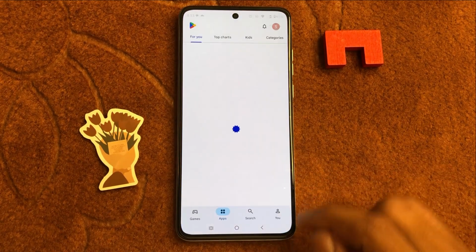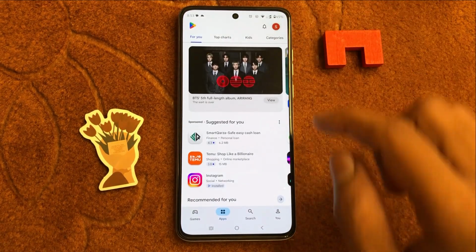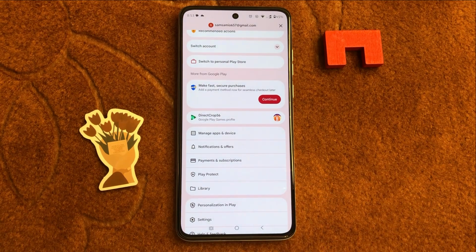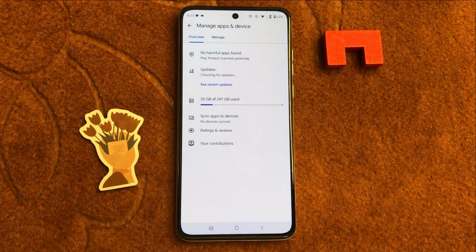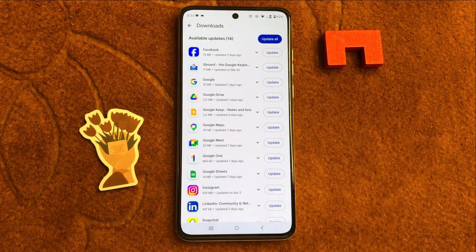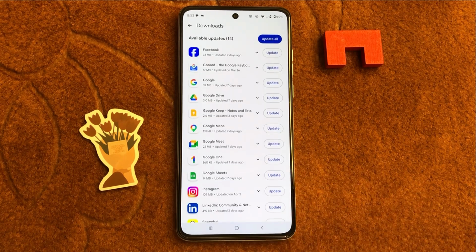Open Play Store. Now in Play Store, click on your profile icon. Scroll down, click on manage apps and device. Click on update available. Now here you will see update app, and if you want to update app, then click on update. After click on update, selected app will be updated from your phone, and if you want to update